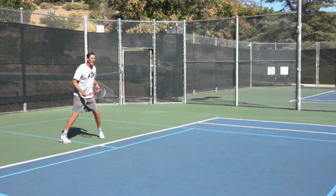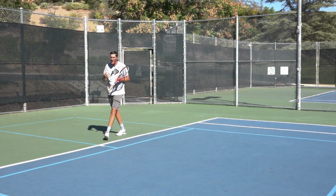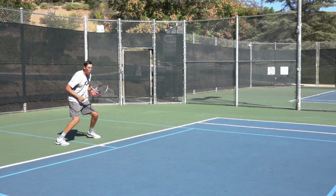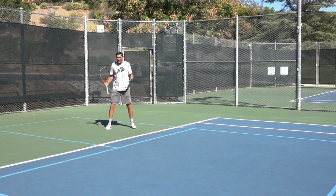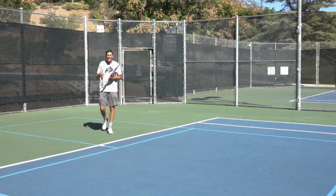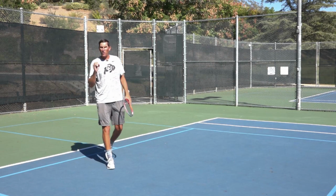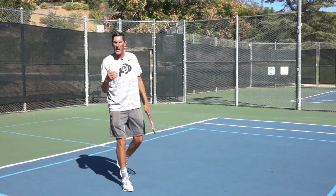Okay, little deeper ball now. Coming off the split. Okay, and I think you could see, for that deeper ball, coming off one good crossover step, I feel myself getting into a little bit of a jump split, which, again, I told you this footwork just has to flow. So I don't want you feeling so technical about it